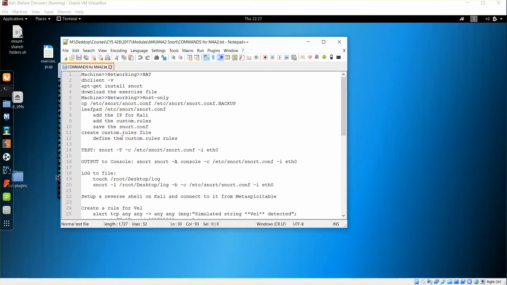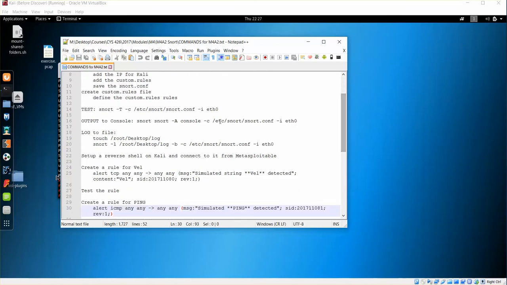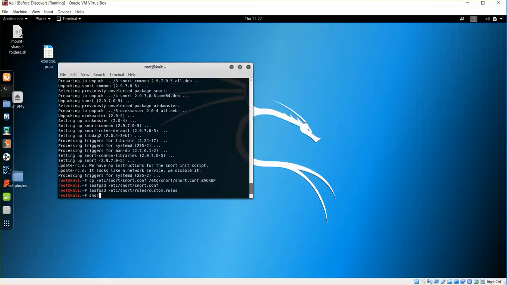Let's see, downloaded, copied, created the custom rules, testing the snort. Okay, so what we need to do is we created the custom rule. We need to test that custom rule. But before we do that, we need to actually understand and test the configuration and make sure that the rule is actually working correctly. So to start snort and do the test, what we need to do is invoke snort